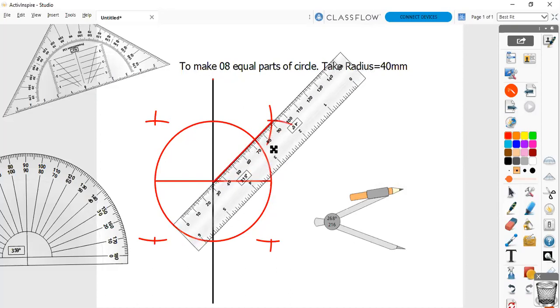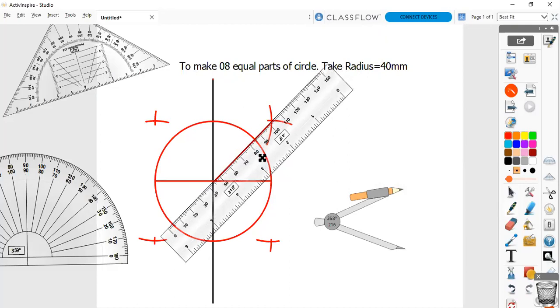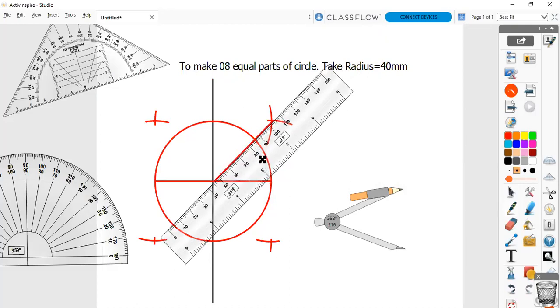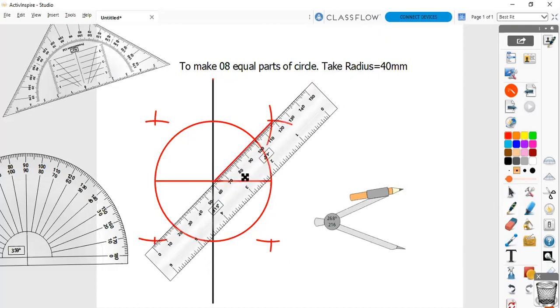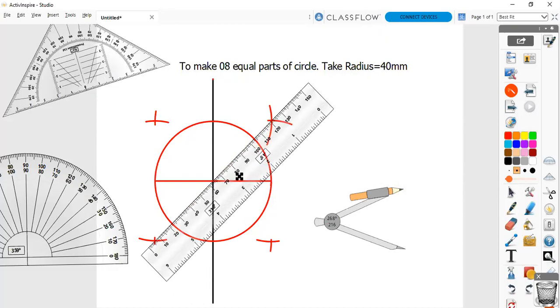If you slide it over here, you will get the same point somewhere over here. This point will be going to meet with this point. So you can extend this point from this line to this line like this. So you join this point like this. You can also extend the same point over here.